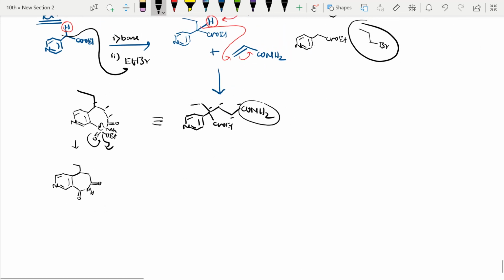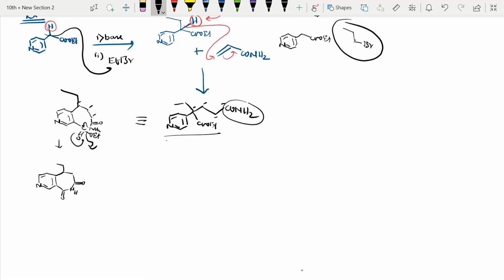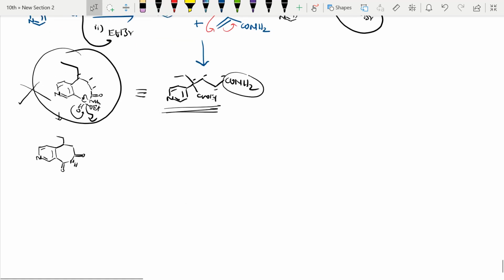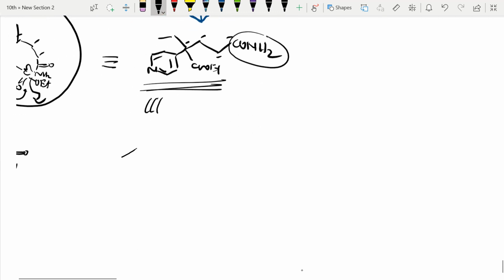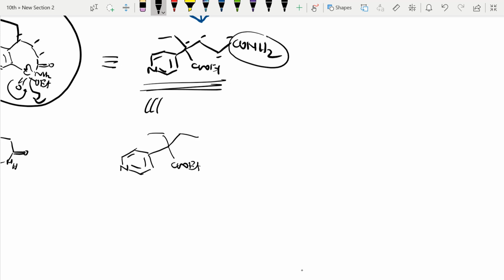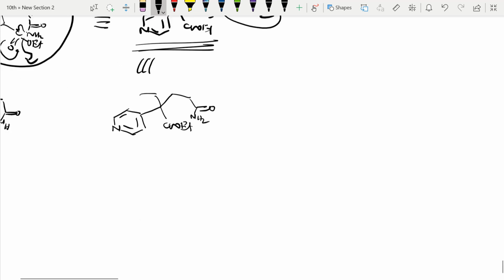What mistake I made is, see here, this compound till this point, I hope you got it, right? So while writing its equivalent structure, I made it wrong. See here, I will write its equivalent structure nicely, then you will get to know. This is the equivalent structure. Is this clear? Further, see, here this ethyl group is there, and here the COOEt group is there, and here CH2 CONH. Is it clear? Yes. See here, now it can form a 6 membered ring.